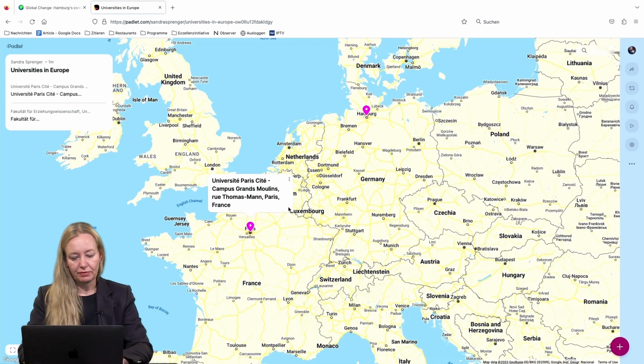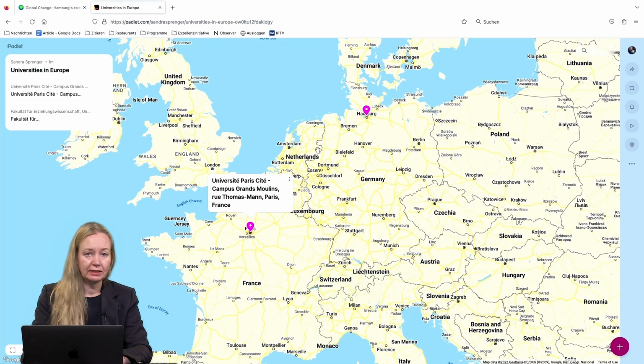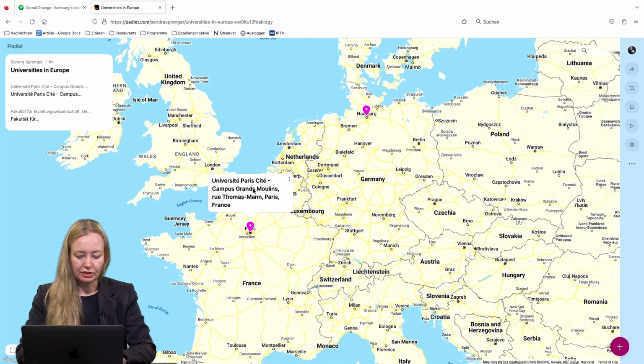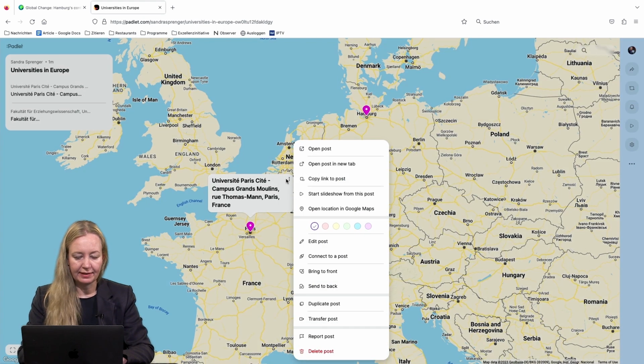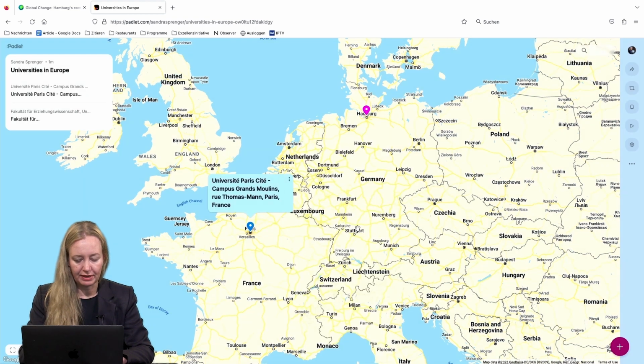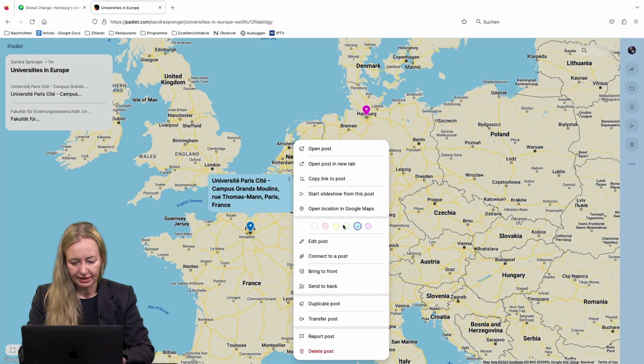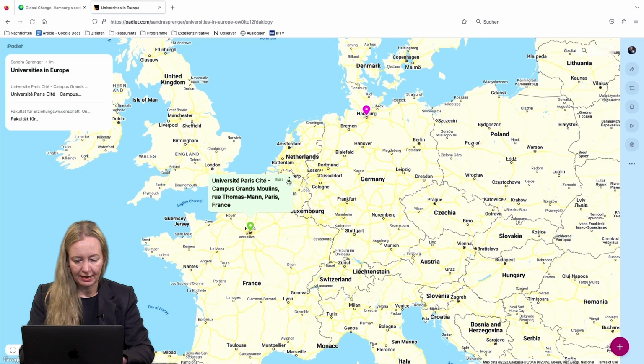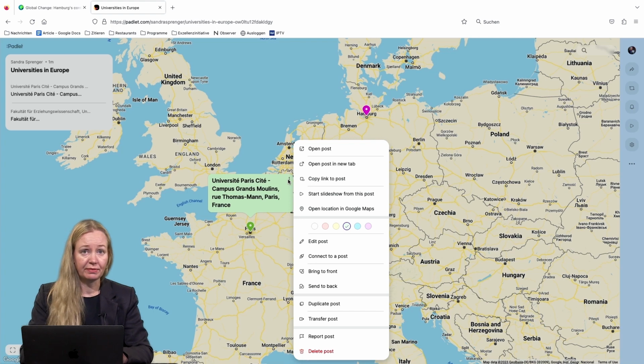Maybe now you say, okay, these are pink needles and you have different categories or whatever, you would like to change your post, no problem. The only thing you have to do is to find the 3 little points in this white box, and you see edit, and then you can change the color of the box, maybe make it blue or make it green, whatever you like. And also the pin is colored in the same color.